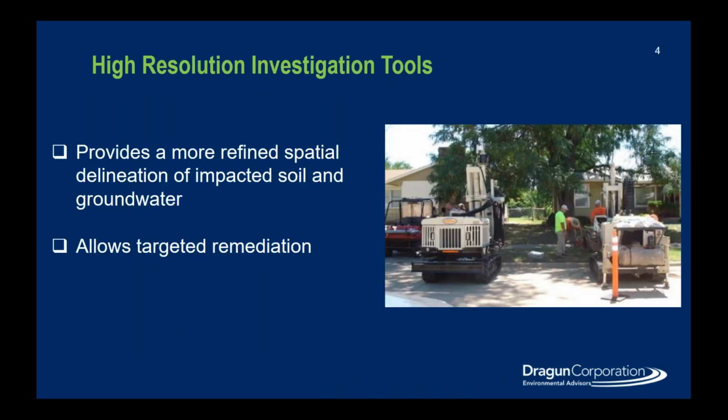In traditional investigations, we collect a few data points in boreholes spaced hundreds of feet apart. When groundwater sampling, samples were often collected from monitoring wells with maybe 5 or 10 foot screens. Once we had this limited data set, we typically interpolate between the data points to build our site conceptual model. Sampling methods and interpolation tended to smooth out the sharp transitions in the data that often exist in heterogeneous geologic